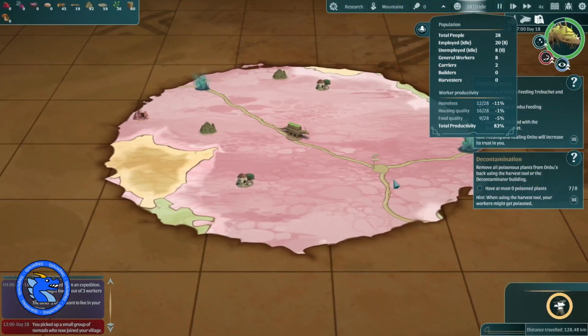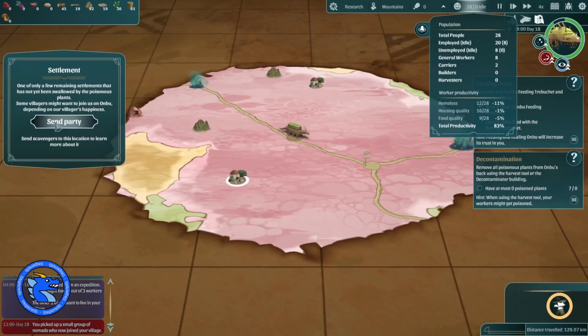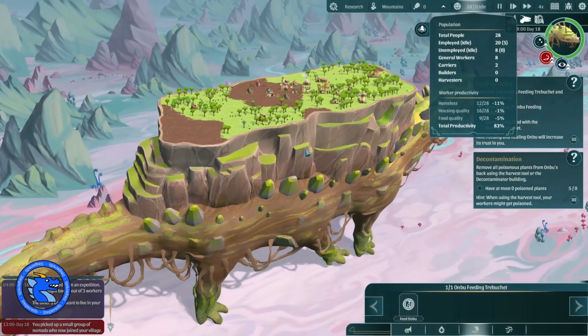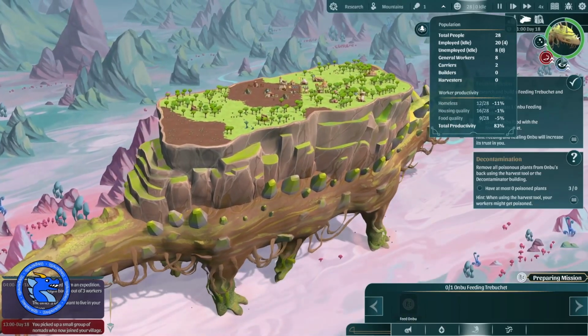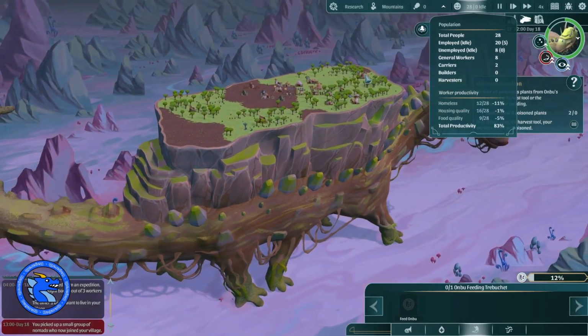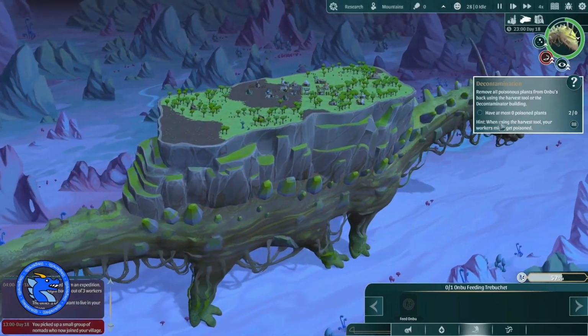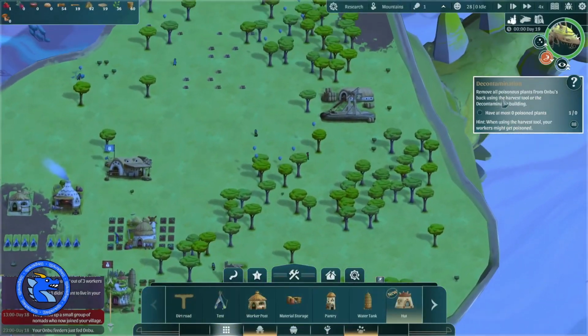Now we're going to have more poison come up in a minute by the looks of it. Let's see if we can send a party out to there to get more villagers. Right, so feed our ombu. So this food now should go down. Watch the trebuchet here. He's going to fire it. Oh, and there you go. He ate the food. Oh, decontamination. We didn't move on with our